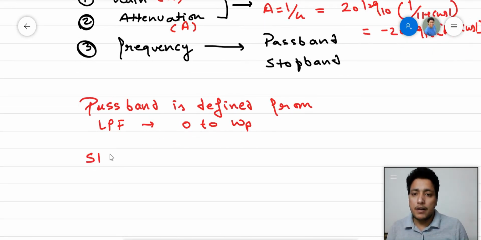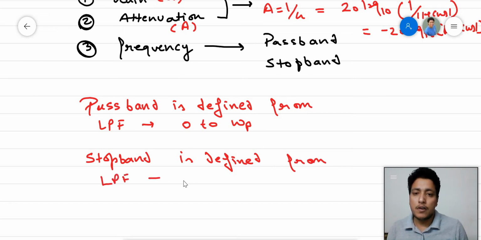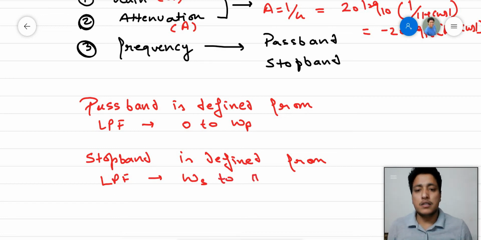The stop band is defined, in case of LPF, from omega s to pi. Please note that in this lecture our discussion is for LPF,